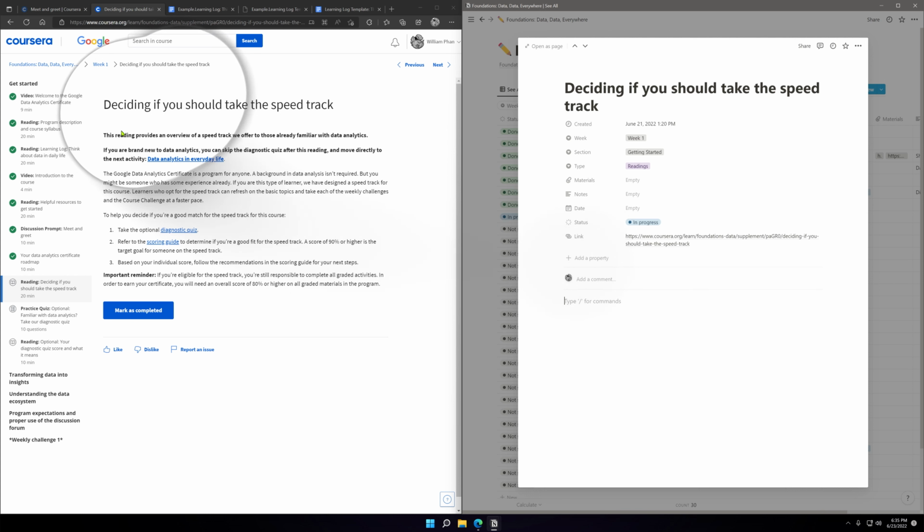Alright, let's start. This reading provides an overview of a speed track we offer to those already familiar with data analytics. Well, I'm not familiar, so I'm not going to be skipping anything.